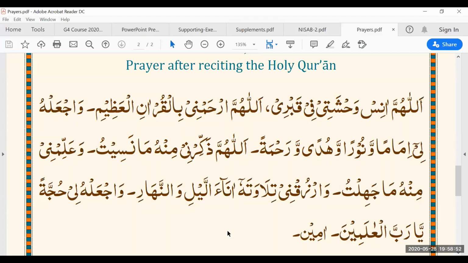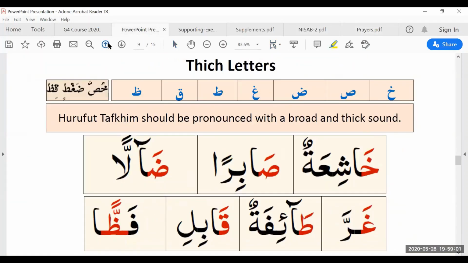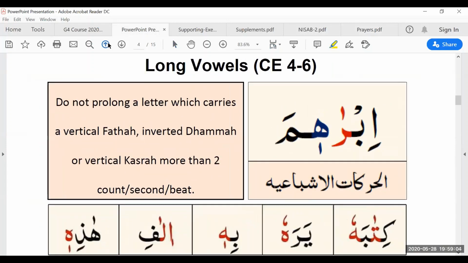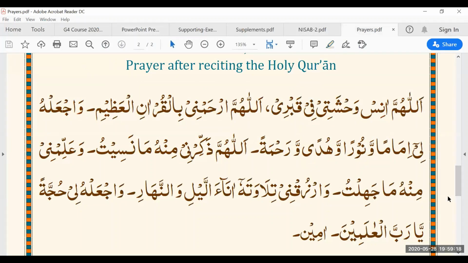Yes. Okay, so that's it for our lesson today. Because today we had a revision lesson, I won't be doing a recap like usual, but we did revise all of the rules which we covered in the first part of the course. So we are just going to end today's lesson with this ending prayer. Everyone can recite it at home.